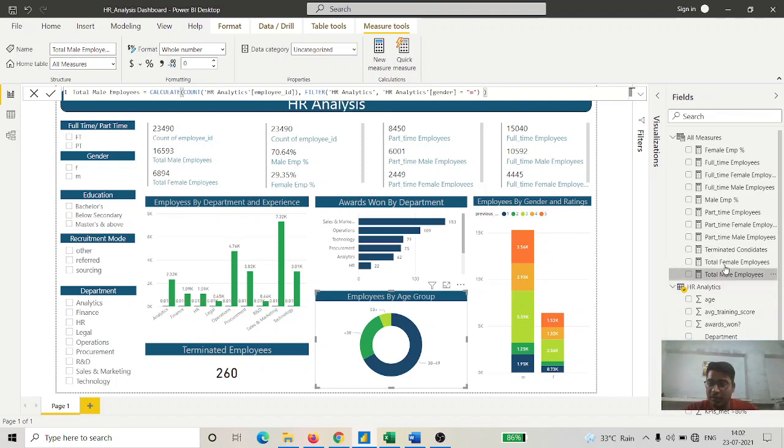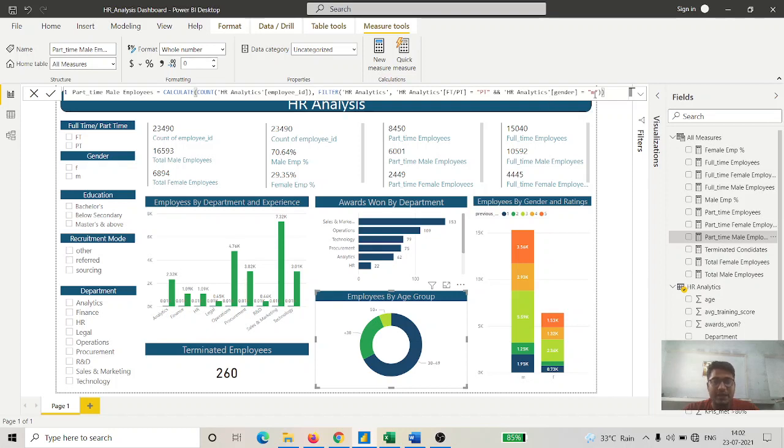Okay, the same thing for female. You just have to change your condition only. And for how many part-time male employees there are, you have to add only one condition: how many employees are part-time and their gender is male.